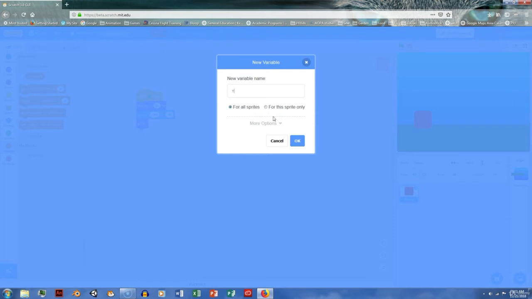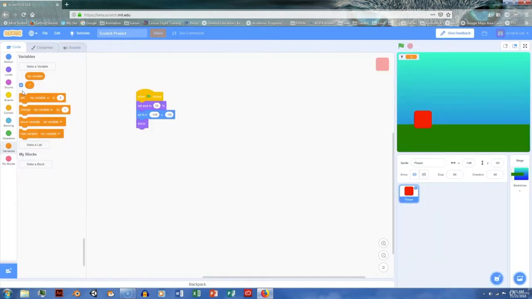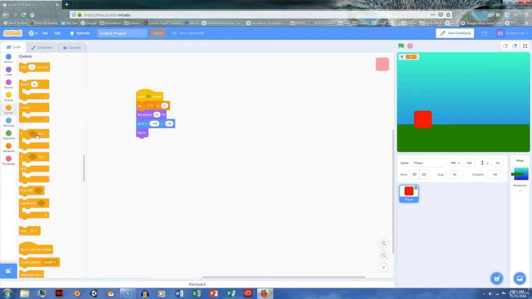Let's just leave it as for all sprites. Click OK, and make sure it does show, because we want to see it changing in the scene. So we want to set the Y to 0 when the green flag is clicked first. Now let's go to control, forever, and drag out one if block and one repeat until block. Put the repeat until block on top of the if block,